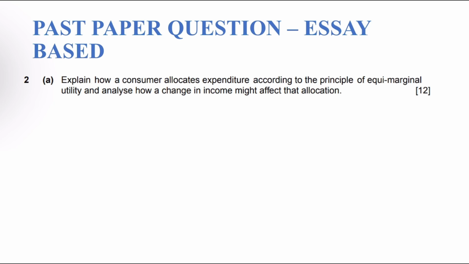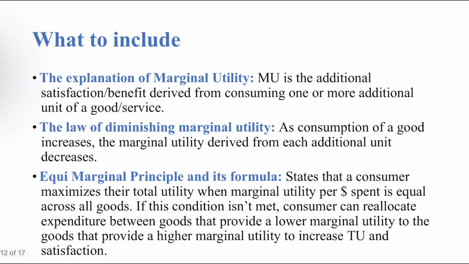Let's go through another past paper question, which is also essay-based. It's asking us to explain how a consumer allocates expenditure according to the principle of equi-marginal utility, and to analyze how a change in income might affect that allocation. I'd like us to go through this together. So the things we need to include is the explanation of marginal utility, which is the additional satisfaction or benefit derived from consuming one or more additional units of a good or service,